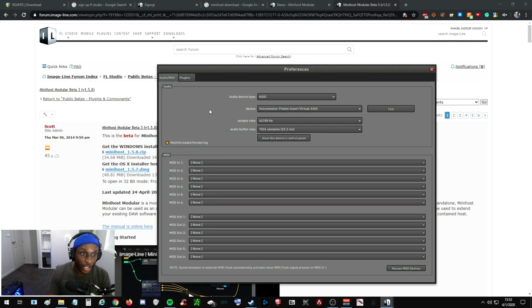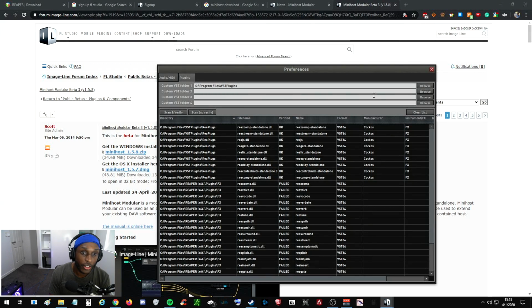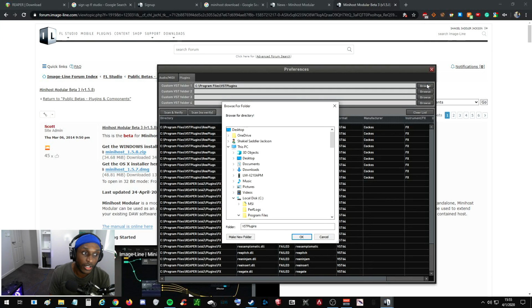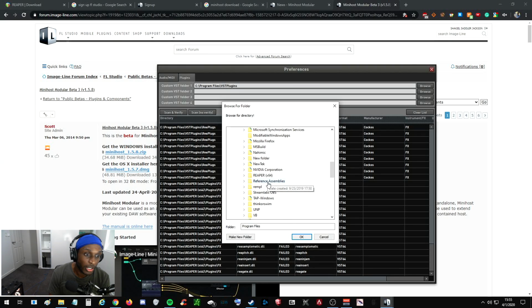After you click Preferences, you want to change your audio device type to ASIO, and then you want to change your device to Voicemeeter Potato Insert Virtual ASIO. And if you have Voicemeeter Banana, it's going to be something similar, but add that after you're done. Then you click plugins, and you're going to want to click browse. You're going to go to your C drive, program files, your VST plugins,